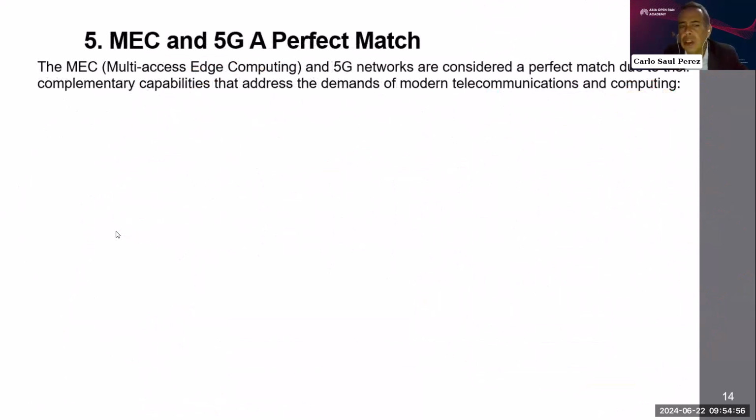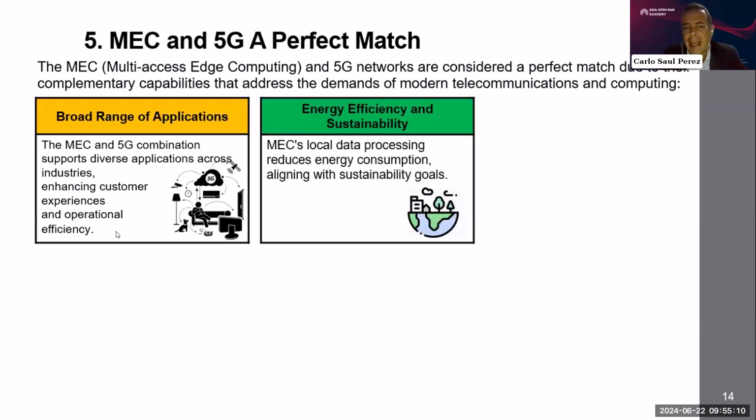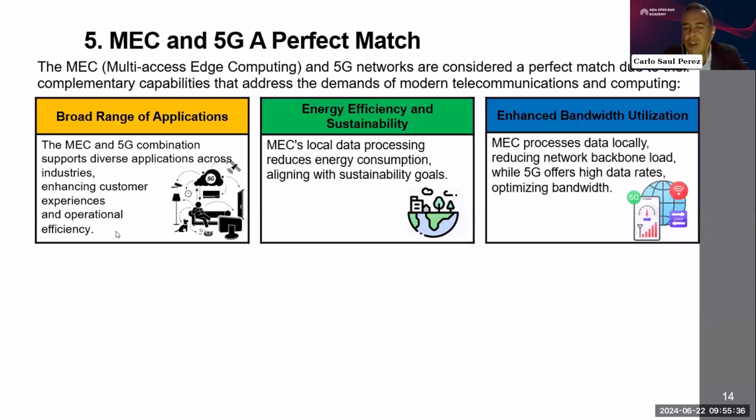So why are we using MEC in 5G? Because we need several applications, as we saw before. In particular for 5G connection, you need the MEC, or the processing close to the end user. You have energy efficiency and sustainability. I mean, you have to spend as little energy as possible and process the information close to the end user, so as not to consume electricity on transmission or to have data handled far away. So also for efficiency, MEC is necessary in this 5G ecosystem.